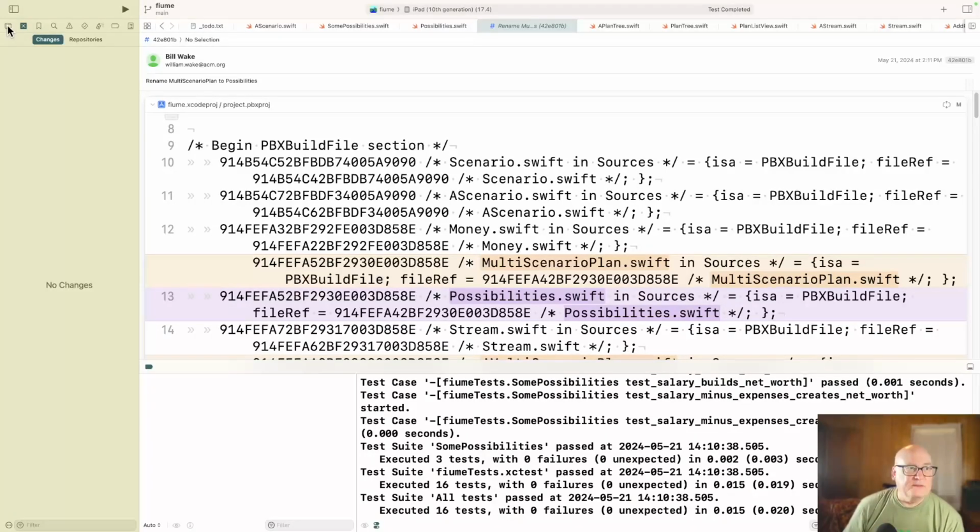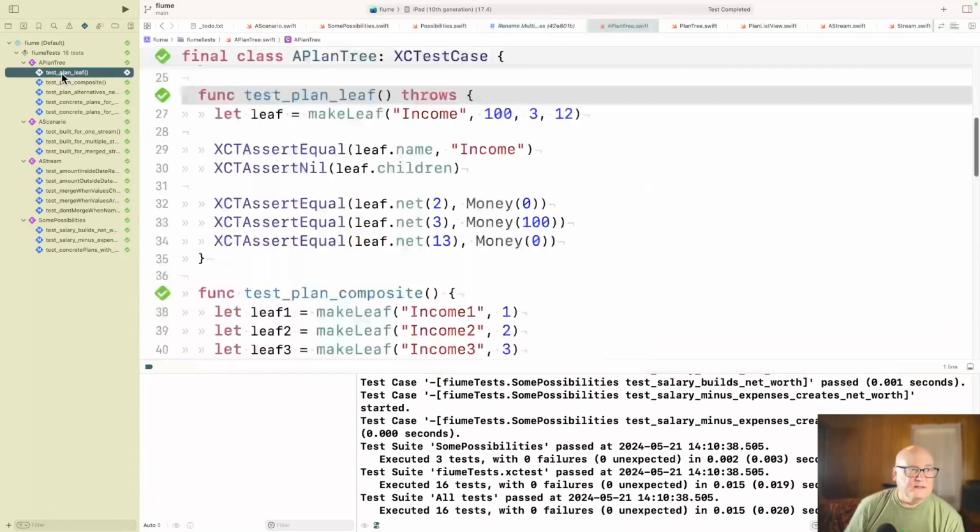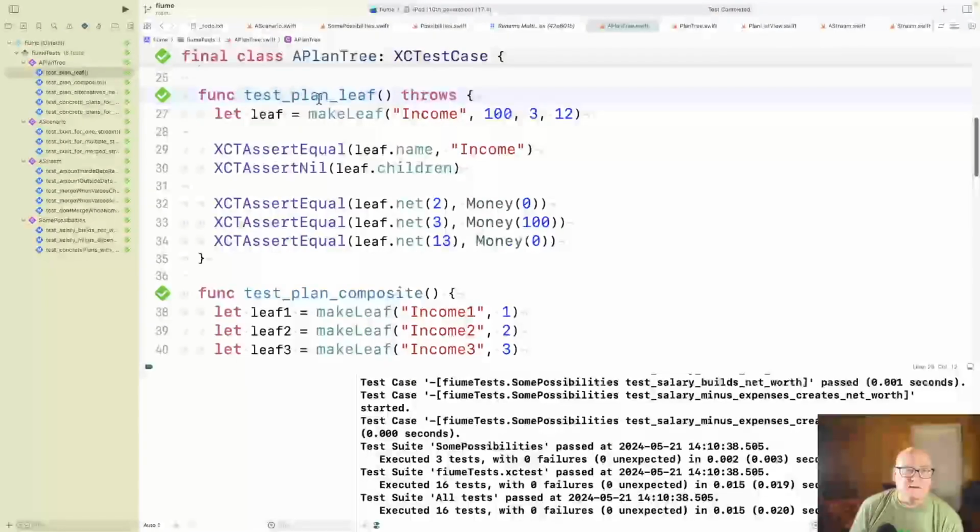Okay, now we had a few more tests. Let's just take a look at those real quick. A plan leaf. Okay. Maybe this makes a.